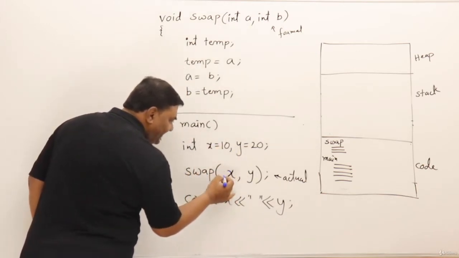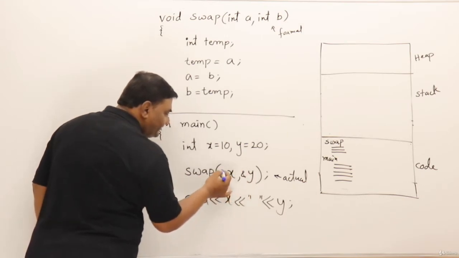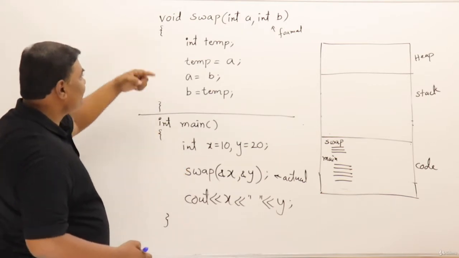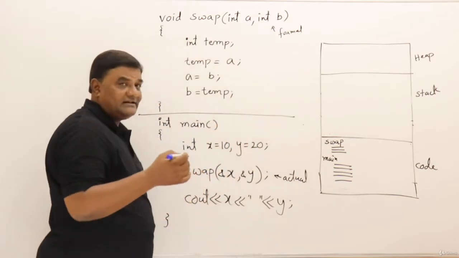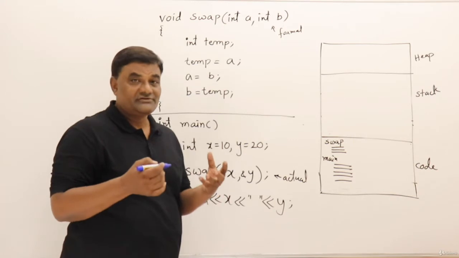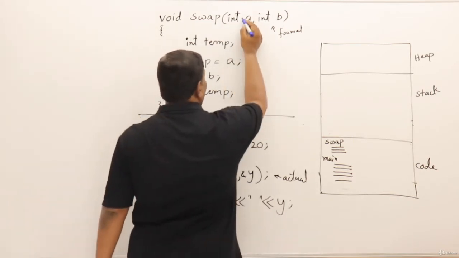So it will not send the values. Now it will send the addresses. Ampersand means the address of a variable. So it will send the addresses of these variables to swap function. Then who can take addresses? You know well that the variables who store addresses, which variables use for storing addresses? Yes, pointer variables. So these must be pointers.